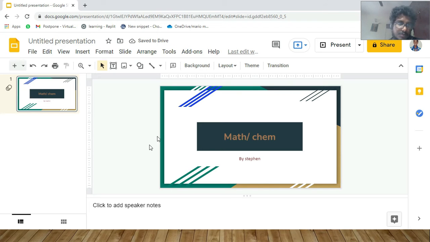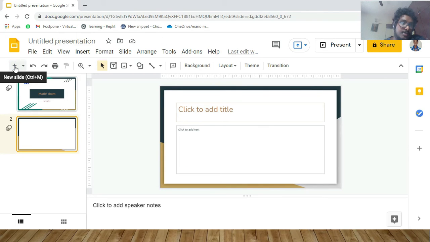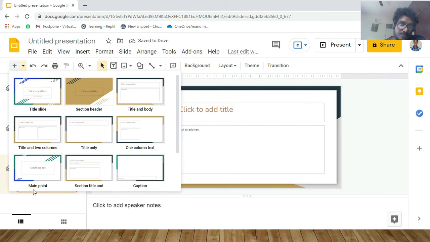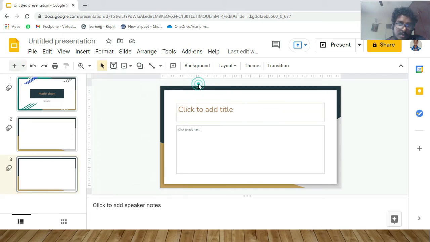And for a new slide, I can click on the plus option where I can add more slides, or I can also choose from the following drop down which slide I need next. Just click on plus and put the slide. Okay, so yeah, the first slide,